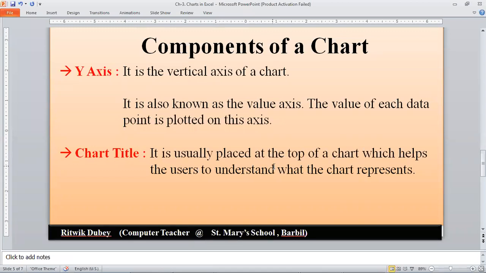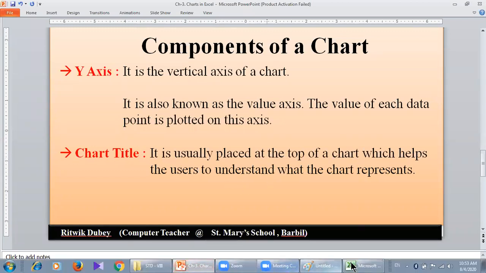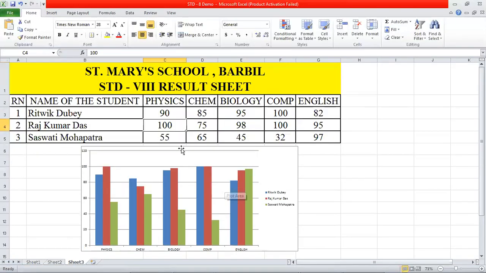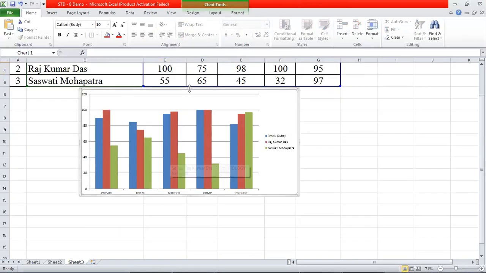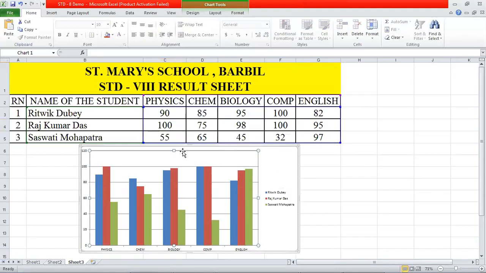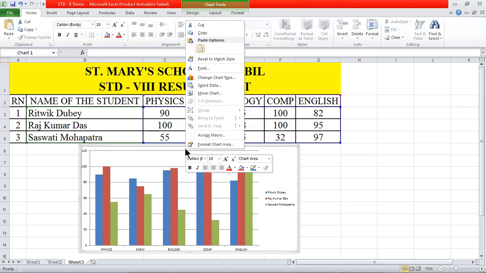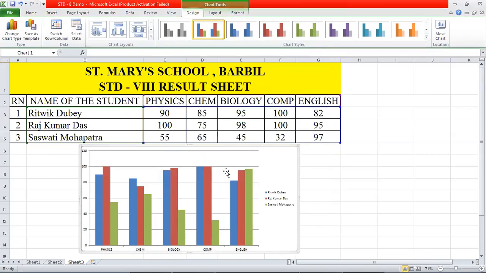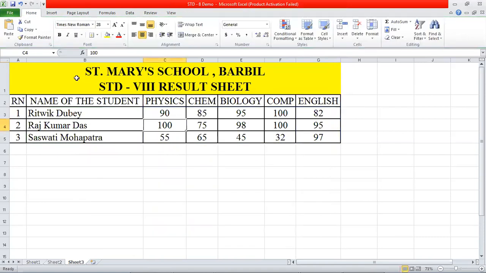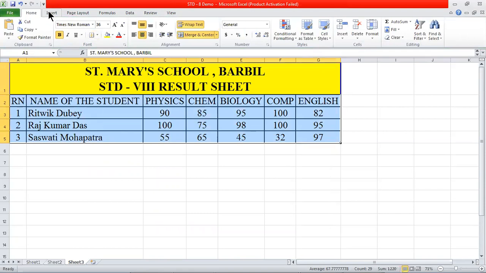Chart title is usually placed at the top of a chart, which helps the user to understand what a chart represents. Is there any title here? In this case, we don't have any title because we haven't selected the title. Now I will delete this, select the complete thing, and insert.